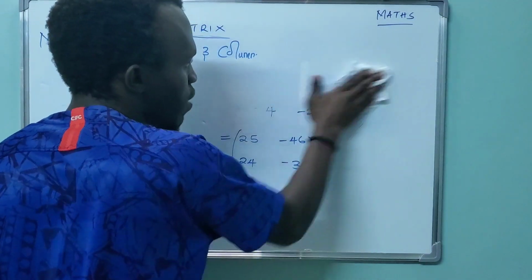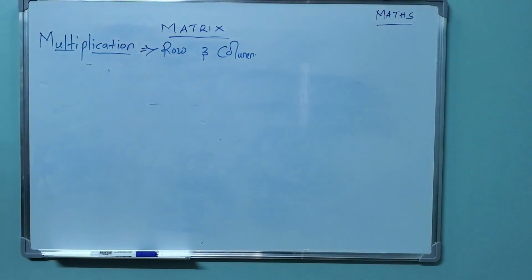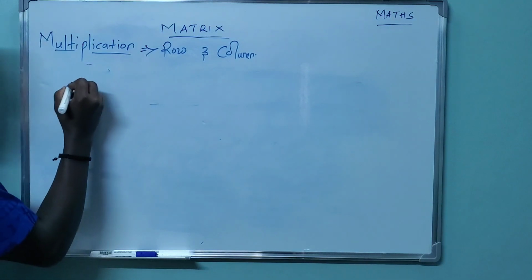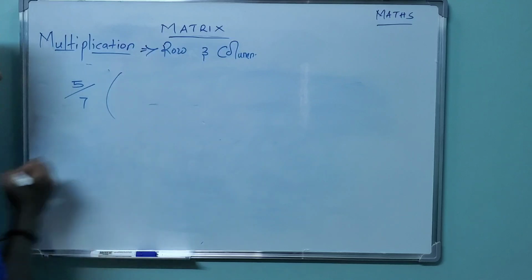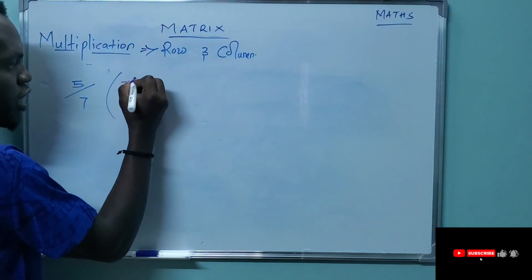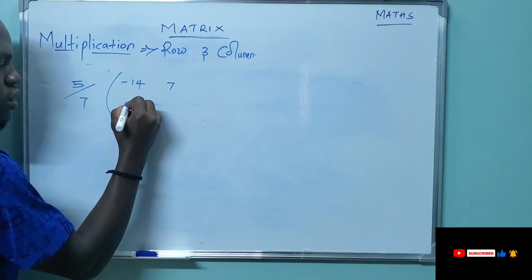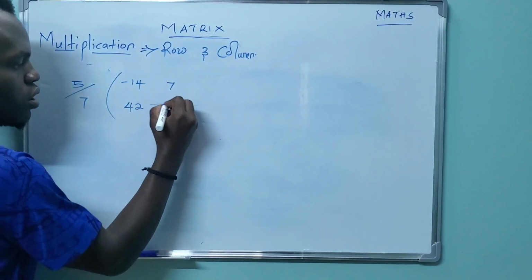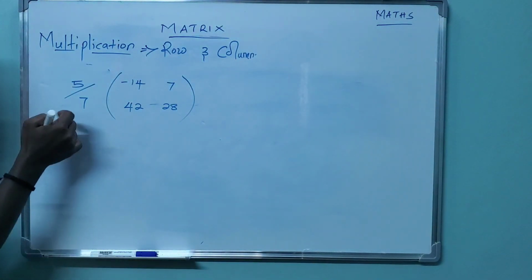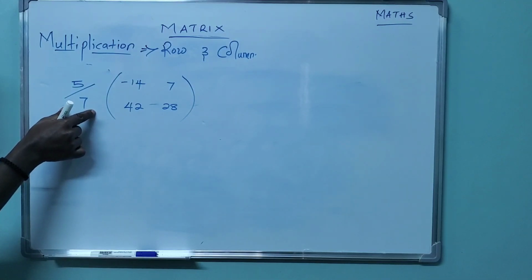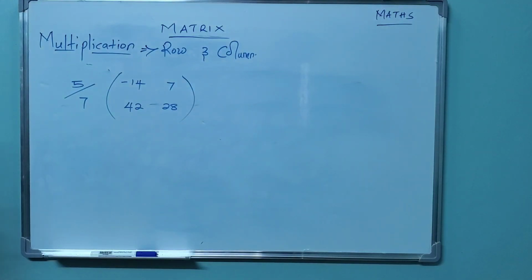This is now another type of multiplication that involves matrices. So we have this type of multiplication. Let's say for instance you have there maybe 5 over 7. Then you multiply it by a matrix, maybe negative 14, 7, maybe 42, 28. Now what are we going to do? We are going to multiply this number that is on the outer part of that matrix. You are going to multiply it with whatever is in the matrix individually,